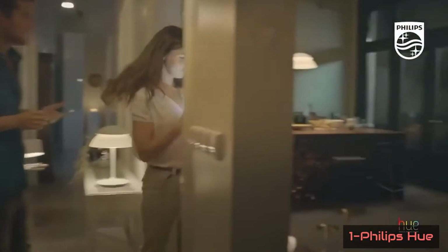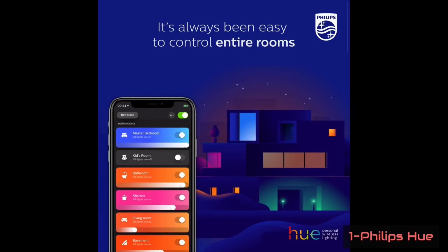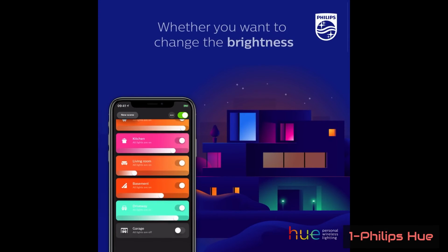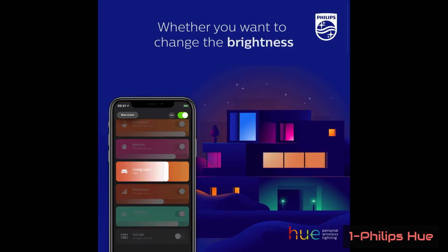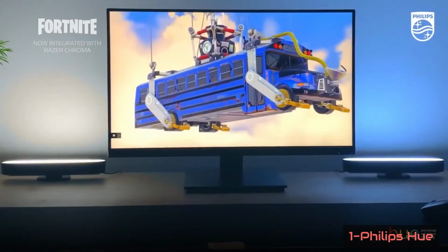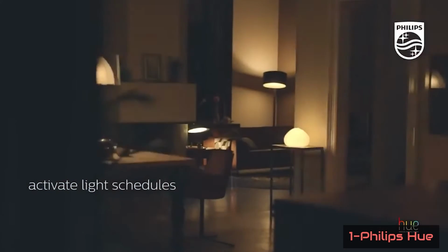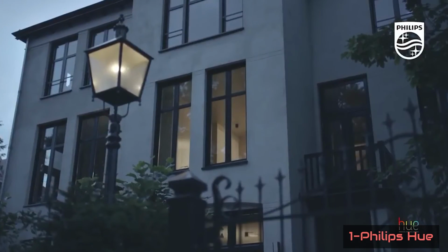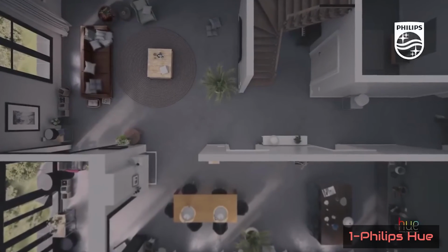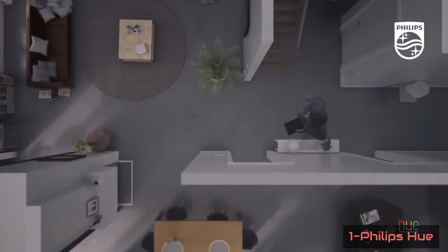Adding the Philips Hub lets you group your lights by rooms or zones, which is a handy feature as you get deeper into the smart lighting ecosystem. It also allows you to sync your lights to movies, gaming, or music, and it provides the ability to simulate your presence when you are away by turning lights on and off across your home. While the hub is an additional cost, you can often buy it in a package with bulbs that pretty much zeroes out the expense. Speaking of cost, Philips Hue bulbs are one of the most expensive on the market, but